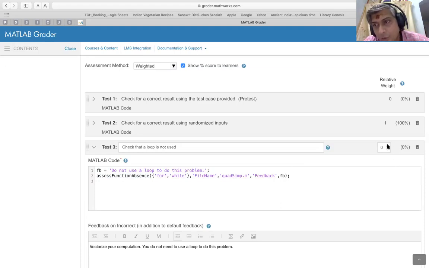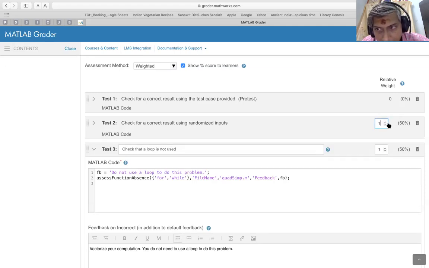Okay, so let us say the user has not used the loop and you want to award some marks for that, and you want to give a weightage of 1. Now what this means is that the learner gets 50% marks for not using the for loop, but that you may consider pretty high. You don't want to give so much credit to the learner, so you increase the relative weight for the other test here, so that there is more weightage to getting the correct answer and less weightage to not using the loop, right? So hopefully now you understand what this relative weight essentially does. It essentially rearranges the score based on the weights that you have given, so that the total score sums up to 100%.